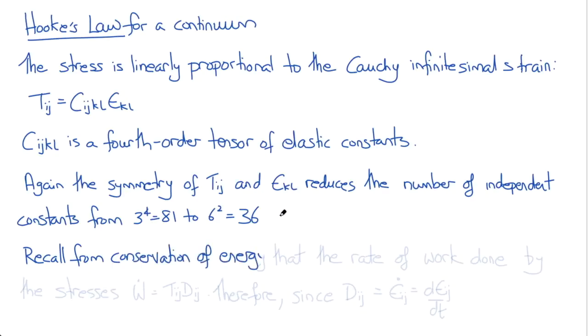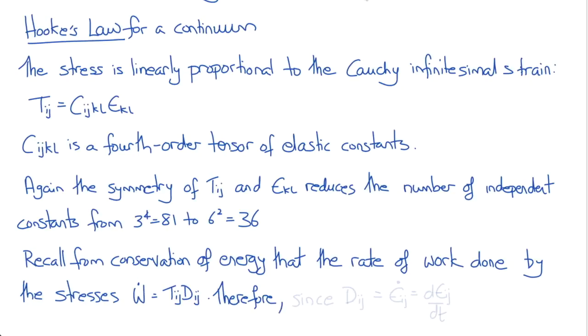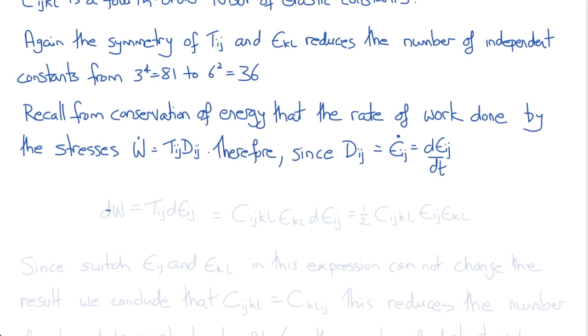If you recall from conservation of energy that the rate of work done by the stresses was given by the product Tij dEij, or the trace of the product of the stress tensor with the rate of deformation tensor. Now recall that the rate of deformation tensor dEij is also the strain rate, or epsilon ij dot, or d epsilon ij dt. So from this we can write dw dt equals Tij d epsilon ij, or dw equals Tij